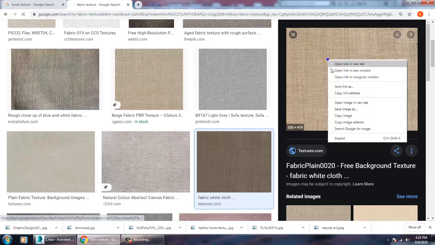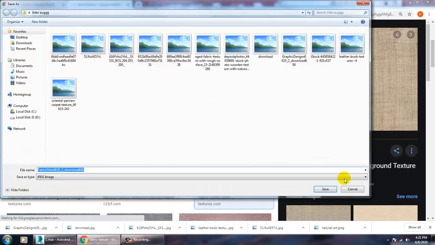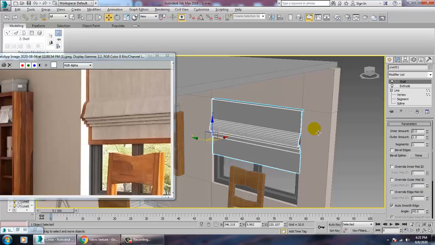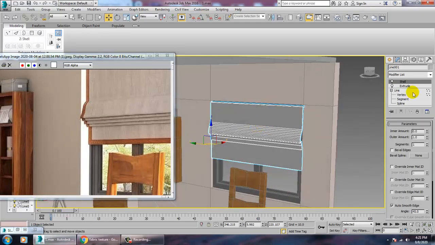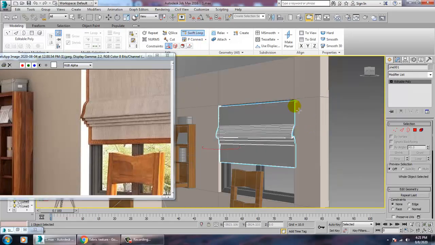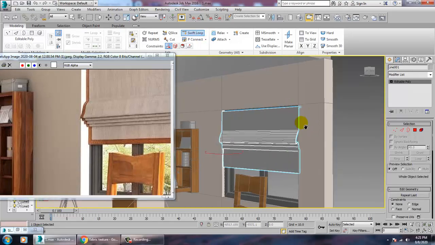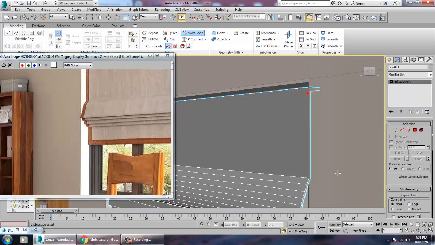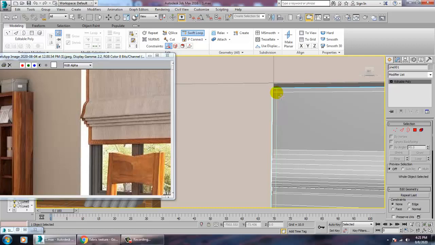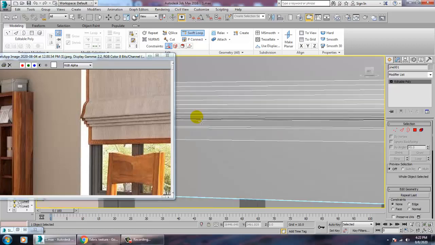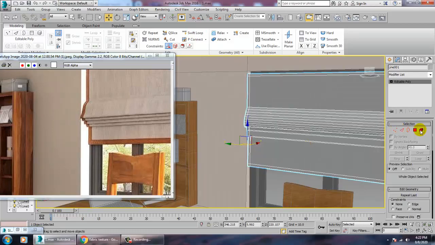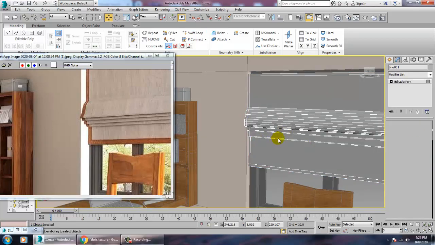So let's save your file. Convert to editable poly, go into this, assign one swift loop over here, one over here, one over here, and one over here. So after you have assigned this, just select this stuff,